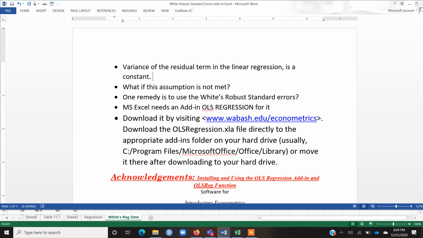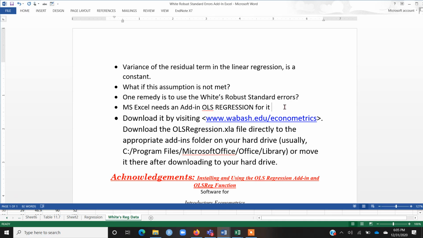Okay, so coming to the crux of today's video, let's see if this assumption is not met, that is, we have the problem of heteroscedasticity, then how we can use Microsoft Excel to compute the formulas that are reliable even in the presence of heteroscedasticity. So we know that White's robust standard errors are valid or reliable when we have the problem of heteroscedasticity.